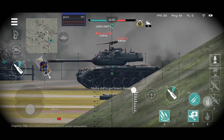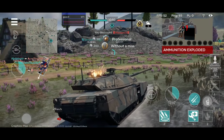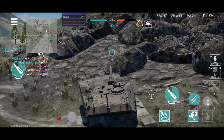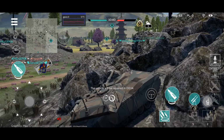Oh look, M40 and... misfire. That wasn't a misfire, I was hit in the ammo. I didn't immediately repair because of the revenge bomber in the air, but now I will repair, and I will...